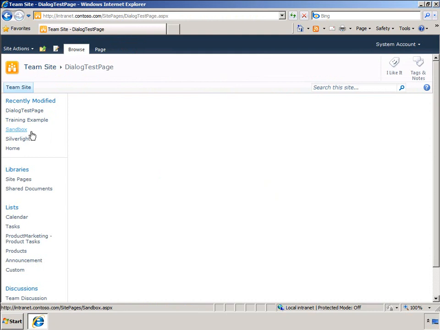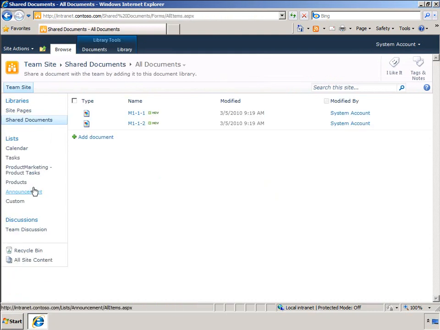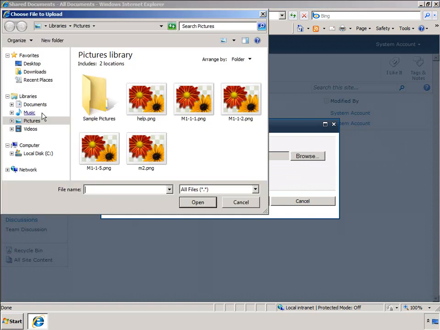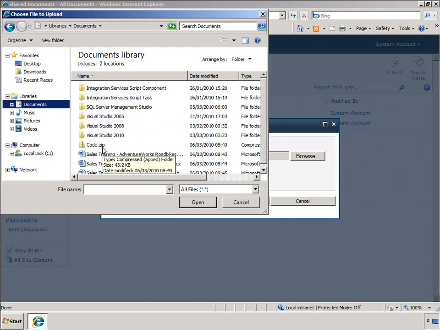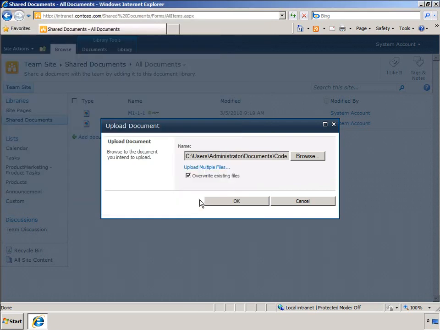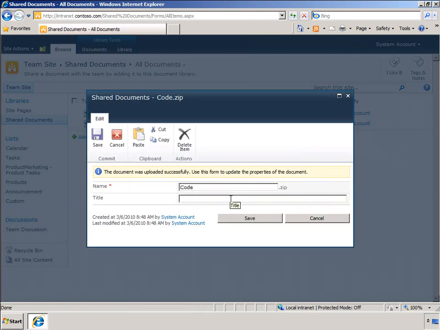We'll go to Shared Documents, and when I click Add New Document, again here is a new dialog provided by the dialog platform. It has a file uploader component, so I can use that to browse to and upload a file. So let's go and find a suitable file. Here we have a file, and this dialog is capable of posting a file up to the server. Also, the metadata entry form is a dialog as well, so we can provide the title for this new file